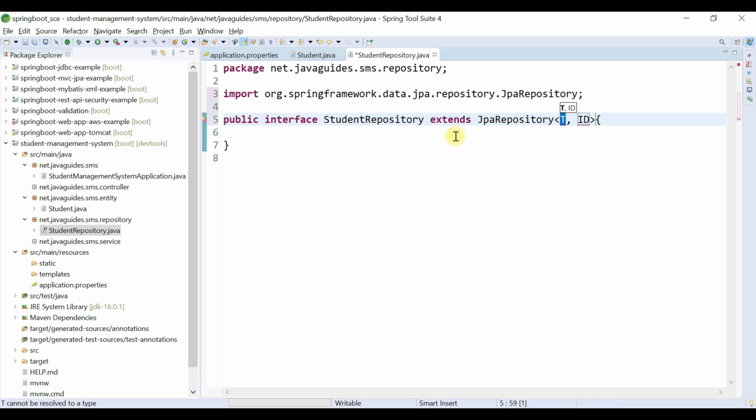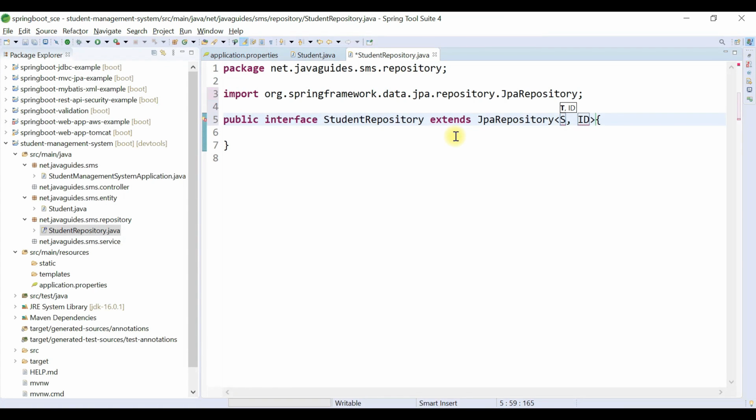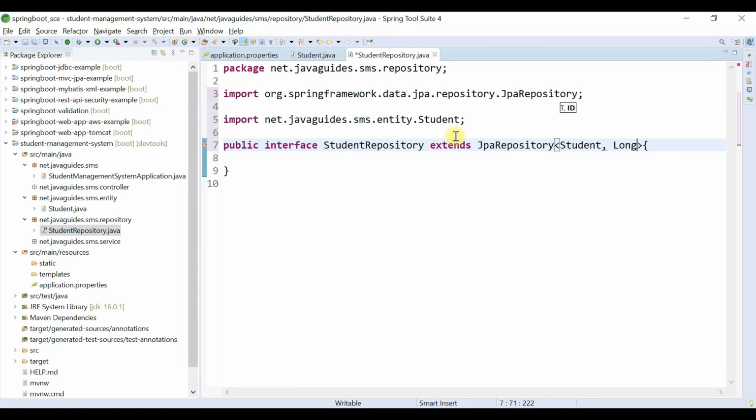So look here, JpaRepository has two parameters. The first parameter is the type of the JPA entity. So in our case we have the Student JPA entity, and the second parameter is the type of the primary key. Just remember, JpaRepository has two parameters. First is the type of the JPA entity and second is the type of the primary key.